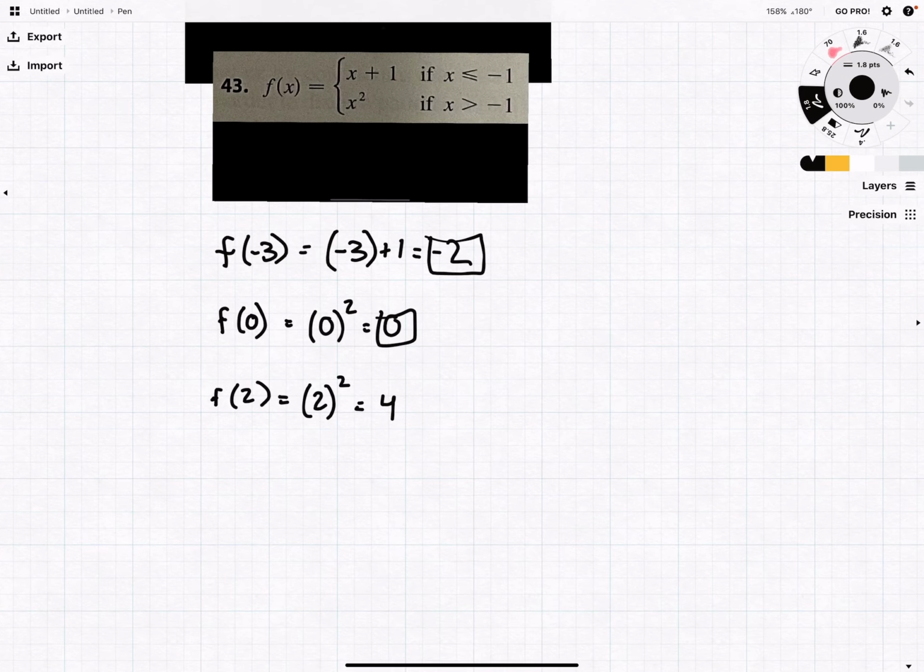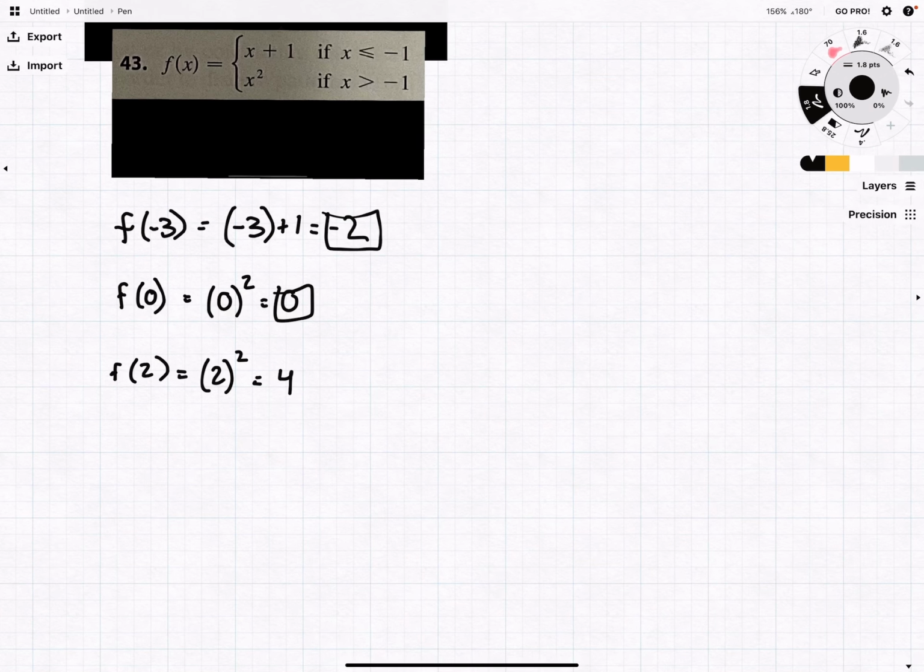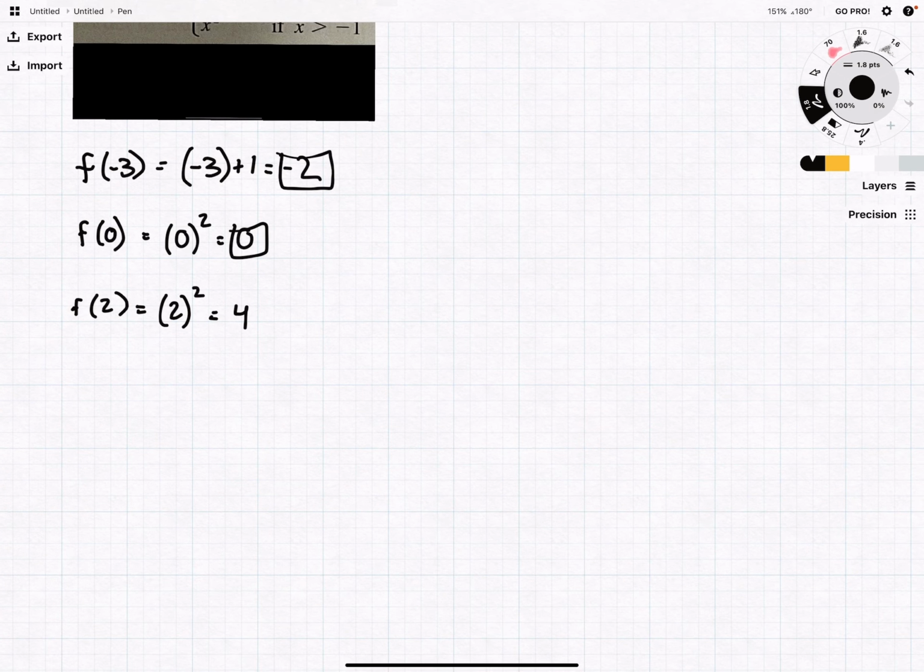So now what they want us to do is graph the function. And this is going to be a little bit more interesting of a function because